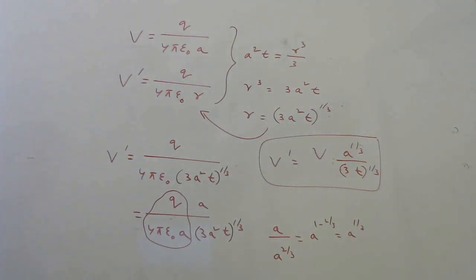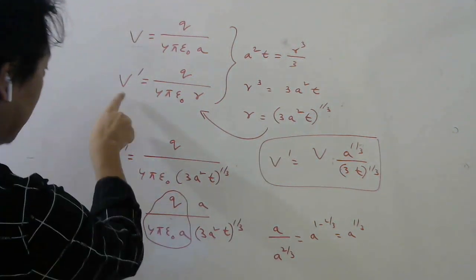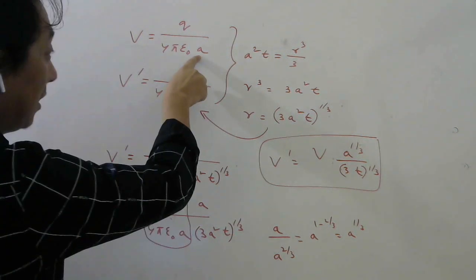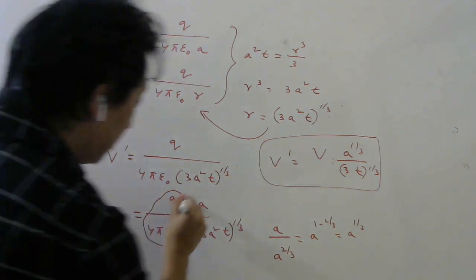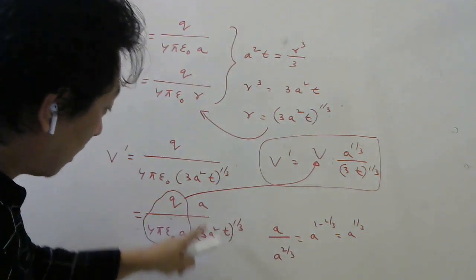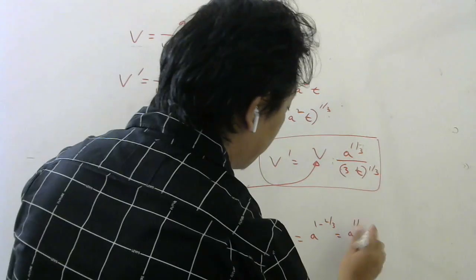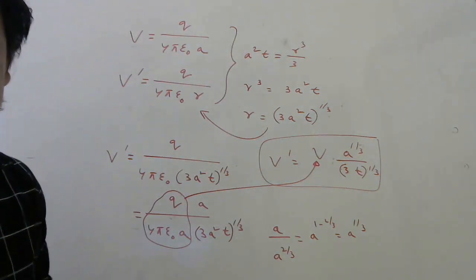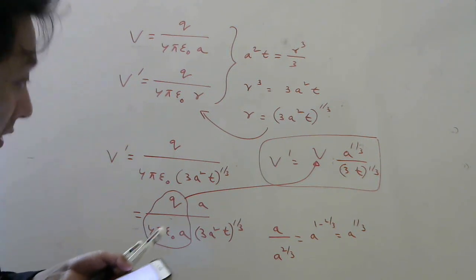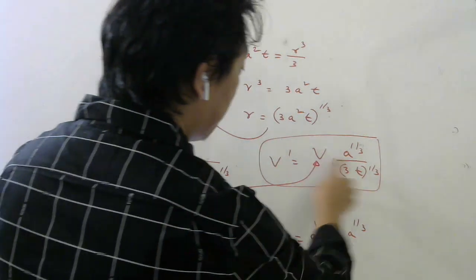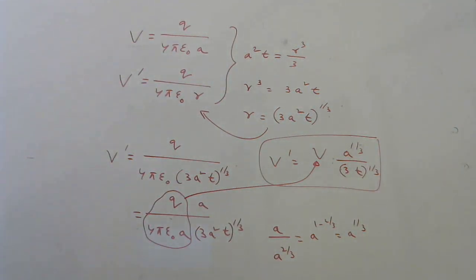Okay. So what we did is we substituted this r. After substituting, you need to write V dash in terms of V, remember. V has A here, right? So I divided by A and multiplied with A. Then I can write this quantity as V here. And then A here, and A square power 1 by 3, I can simplify, no? And that will become A power 1 by 3, which I have done, right? Okay. So this matches with which option? Option A, right? A by 3t whole power 1 by 3. Option A.